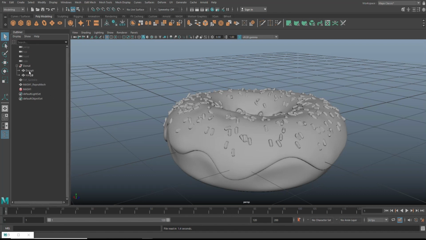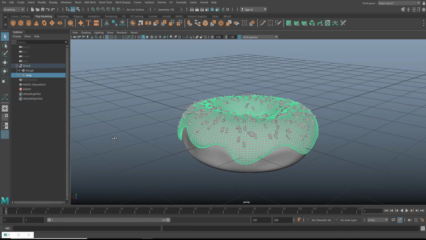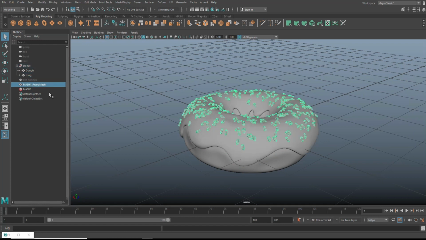So if you open this up, you see that we have the dough and the icing, and then the sprinkles are down here, right? So what I need to do is make sure that they're set up correctly. So here, these are my sprinkles. That's my mesh network. I'm going to middle mouse click and drag and pull that up here into the donut setup. I'm going to go in here and call this sprinkles,